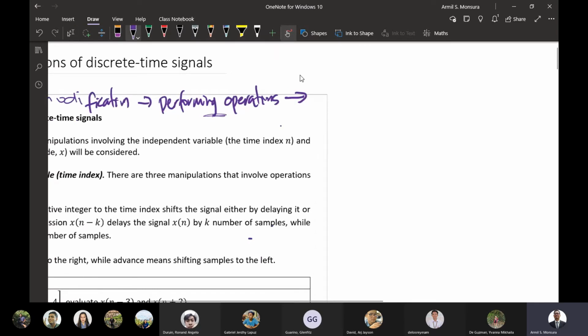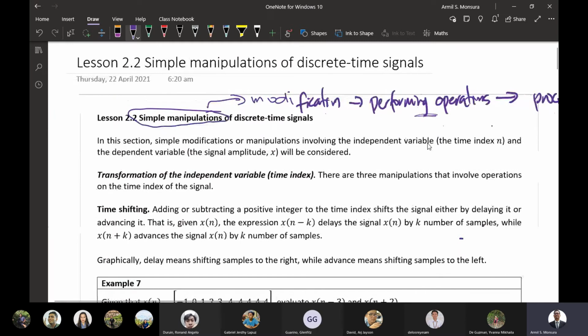Okay? So when you perform operations on the signal, you are said to be processing your signal or processing your data. So andito tayo sa part na ng signal processing. And we will discuss yung mga basic operations. So syempre, ang mga operations niyo would start from the very basic and simple ones to the more complex. Pero in fact, yung complex operations,